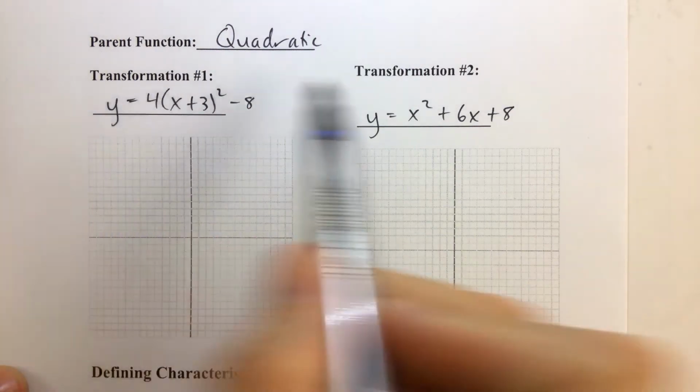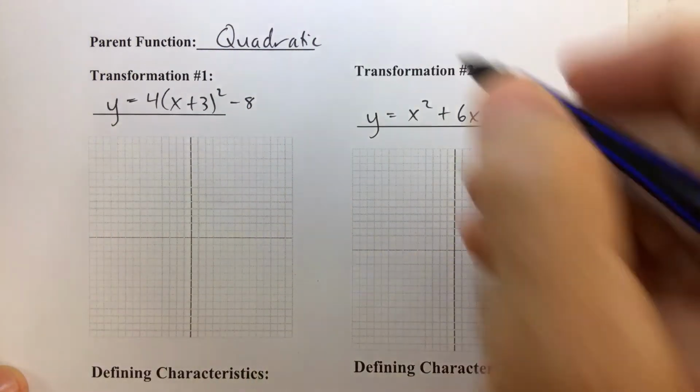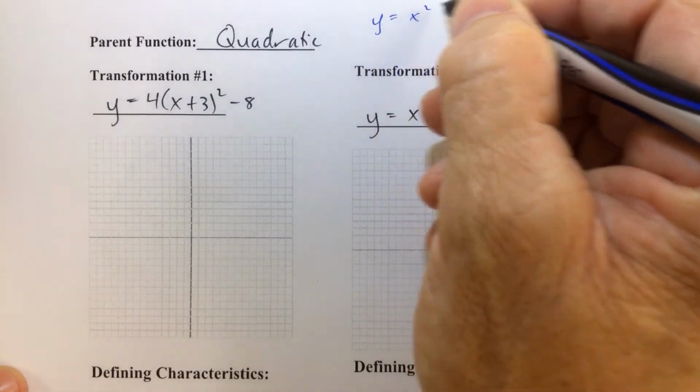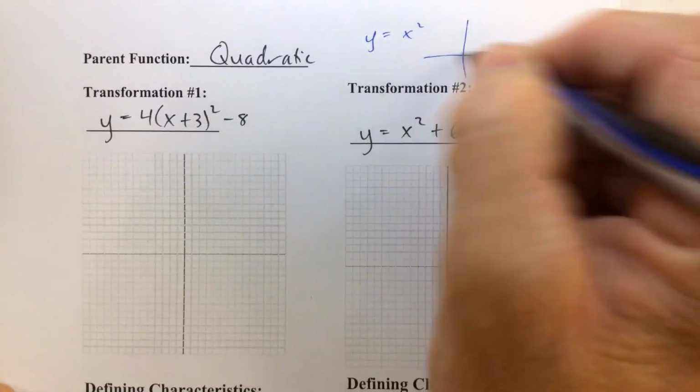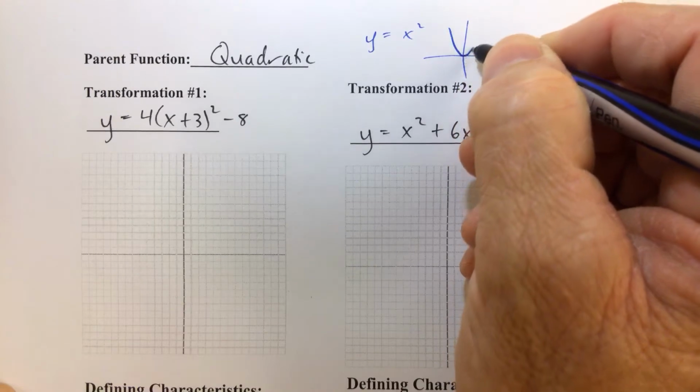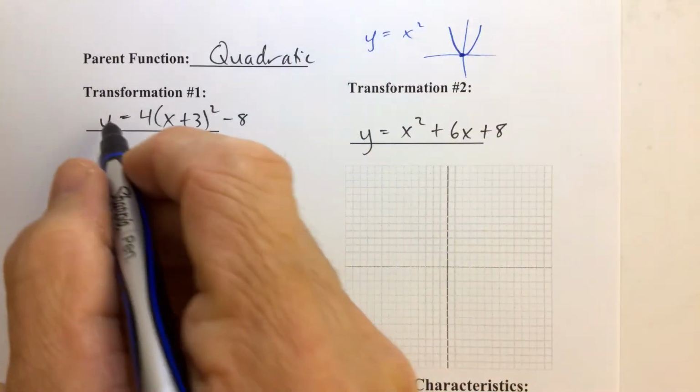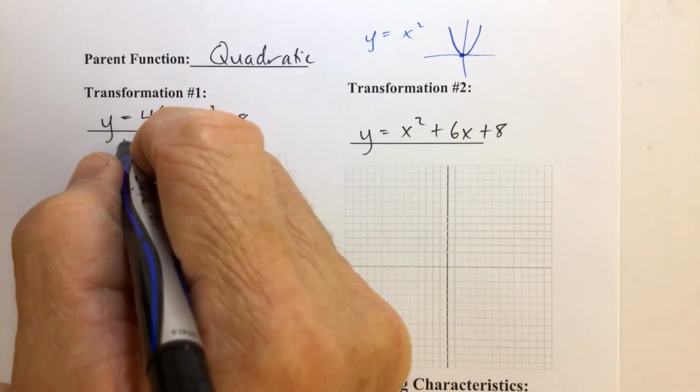We have two transformations of the quadratic parent function, y equals x squared. It's worth noting that y equals x squared is a parabola. It has vertex at 0, 0. Here we see transformation number 1 is in the